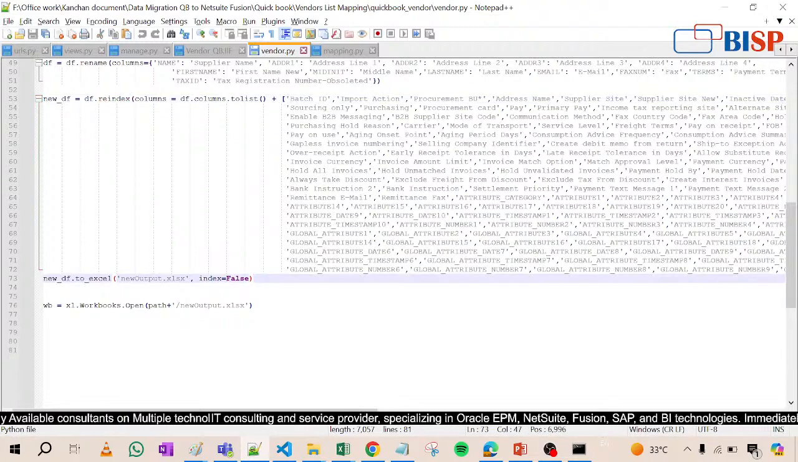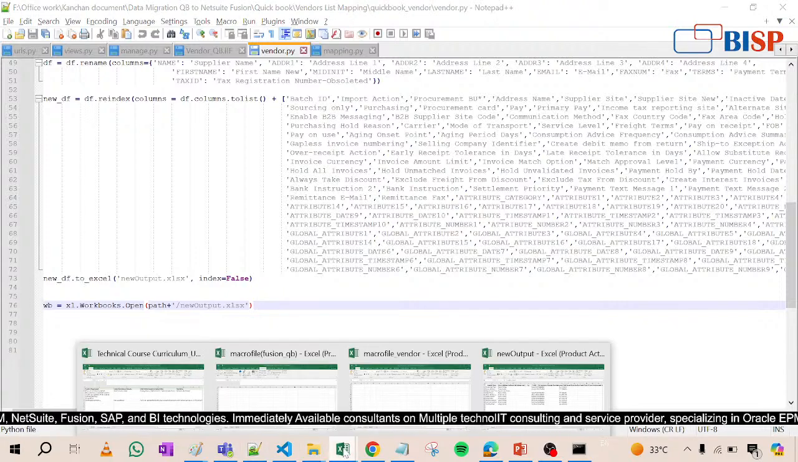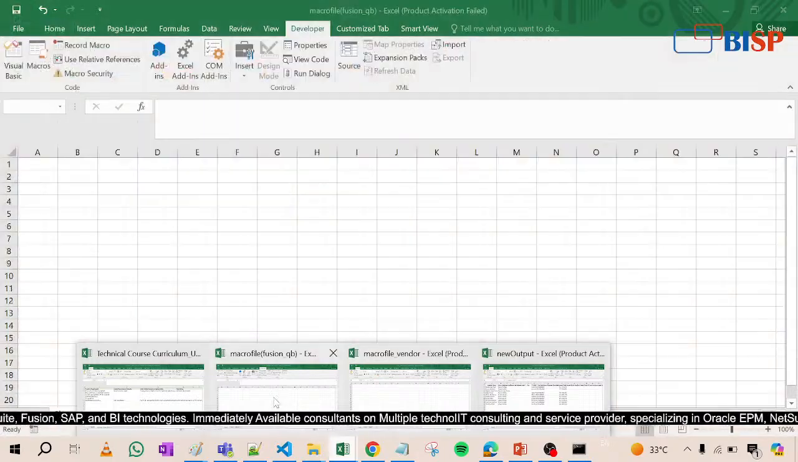And after that, here you can see the new output.xlsx, index equal to false, and then Excel workbook open with the path new output.xlsx. So in this way we have extracted the data and created the mapping file. Mapping file is nothing but taking the header from the source and mapping it with the target. If I show you again this,